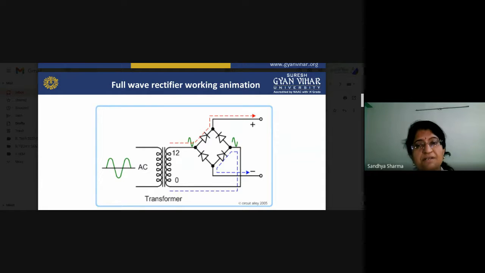That also works as a bridge rectifier, so we can arrange it as a bridge, and at a time two diodes work simultaneously. First D1 and D2 work, and after that D3 and D4 work, and again we convert our AC signal into a DC signal. In the complete cycle, whether it is the positive half cycle or the negative half cycle, we receive current in the output circuit. That is the basic block diagram of our full wave rectifier with a bridge rectifier, and this is the general shape of our bridge rectifier circuit.